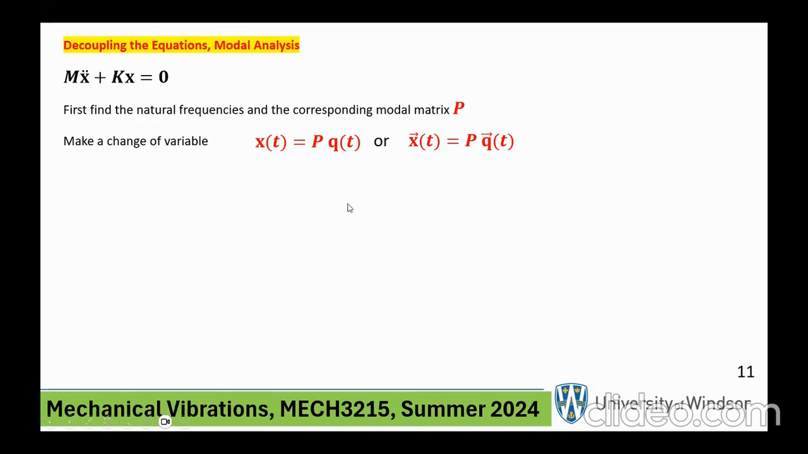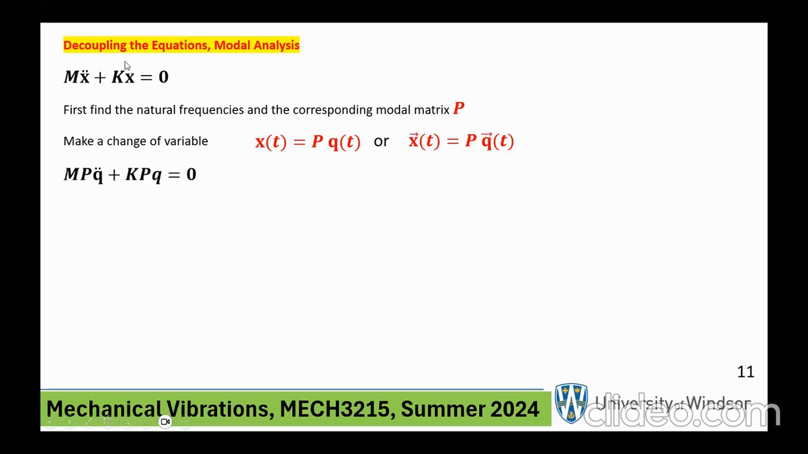Now, by the way, for the problem that we just did, we know what P is. P is going to be a 2 by 2 matrix, minus 1/3, 1, 1/3 and 1. We know what it is. But right now, we're not looking at that example. I'm talking about in general. So if I get rid of x, this is what x is. This is my change of variable. If I take this and stick it in there, you're going to get M P q double dot